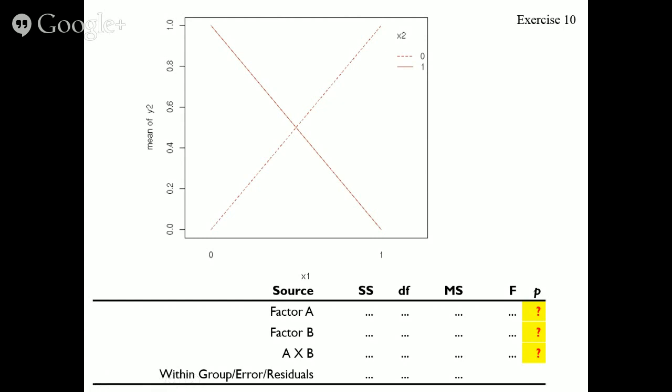Does that make sense? Because the mean of x1 at this level is the same as the mean of x1 at this level. So these two groups here, when you average them together, they have this mean. These two groups here, when you average them, they have this mean. Now, the effect of x2, what's the mean of those two things? So you have to average this plus this, and you get a mean that's right in the middle again. And the other level, you'll average this, and you get something that's dead on top of it. So there is no significant effect for factor A or for factor B, but there is most definitely an interaction